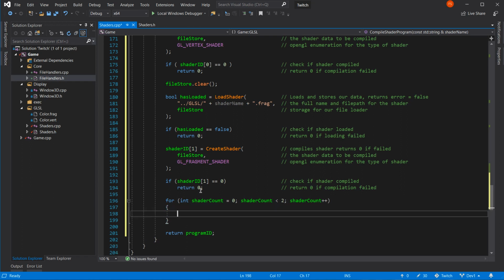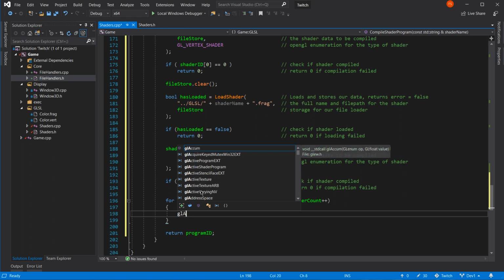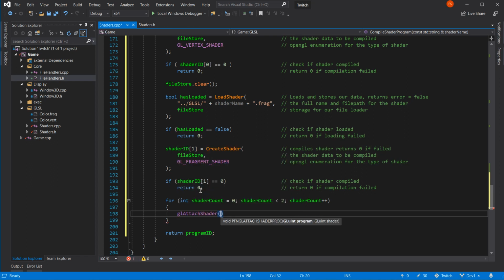Because all we're going to do is a glAttachShader. And that's going to take program and shader.